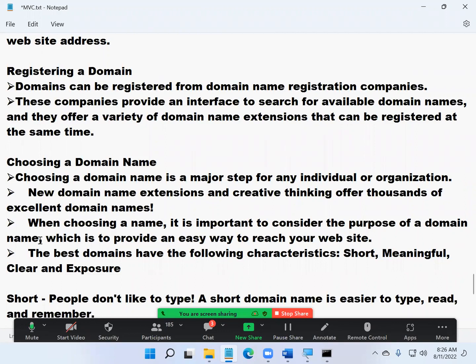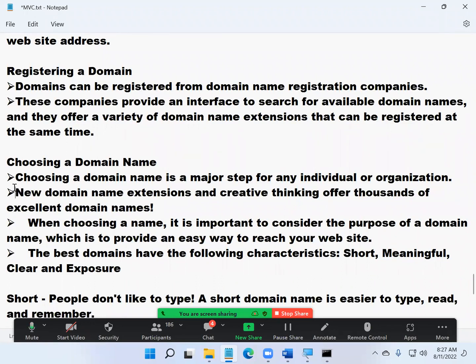So choosing a domain name is a very, very important step. Suppose, for example, you want to sell cakes in Hyderabad. So I want to create a registered domain now, cakes in Hyderabad. That's important for the business. If I register a domain like biryani in Hyderabad, no one who wants to order cakes will open the website now. Correct? So from an organization and individual perspective also, that's going to be a very, very important factor.